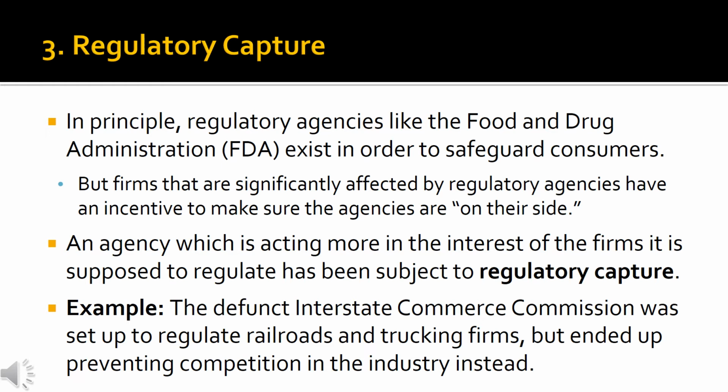So we say that regulatory capture occurs when an agency, a regulator, is acting more in the interest of firms that it's supposed to regulate than in the public in general. Now, one reason this is true is because firms will be willing to spend money on politicians who nominate some of the heads. So they'll donate them money and say, hey, we want this former pharmaceutical executive to serve as a high level in the FDA. But there's another thing going on,